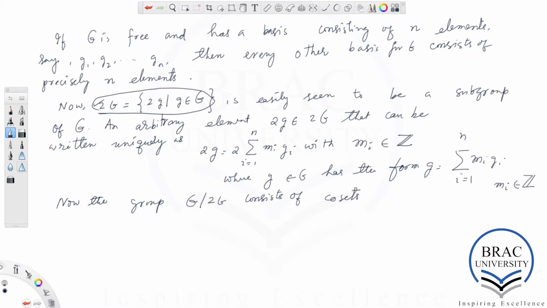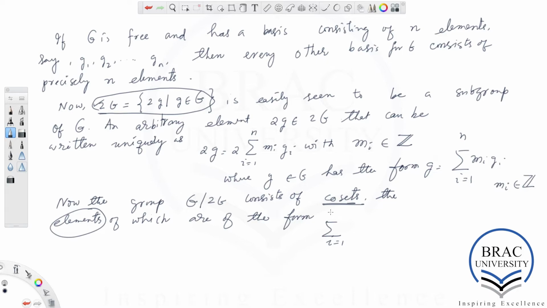We know from elementary group theory that this is a group whose elements are cosets, which are of the following form.